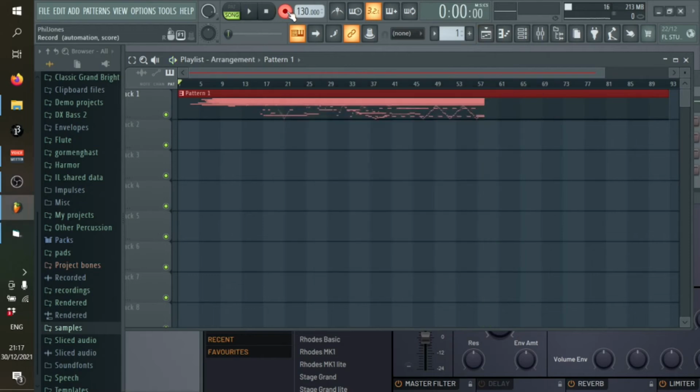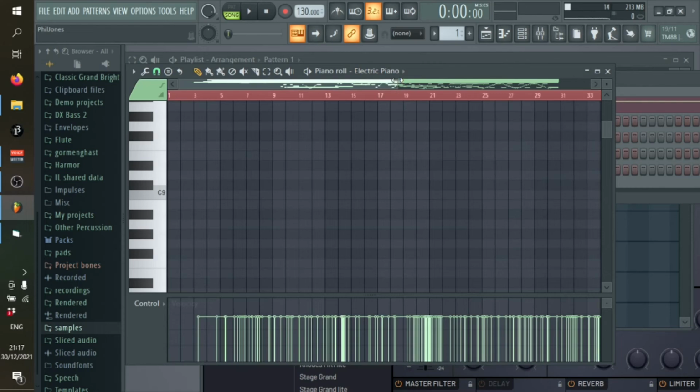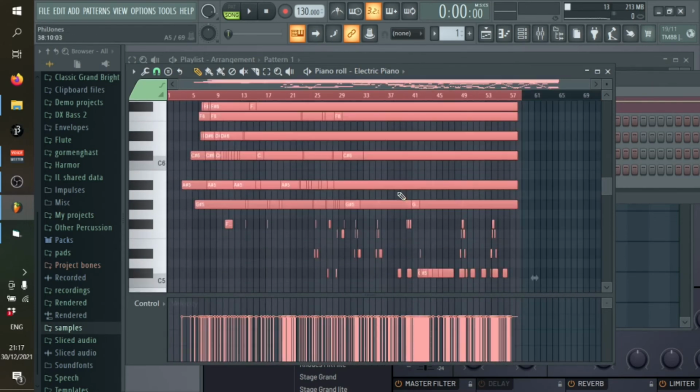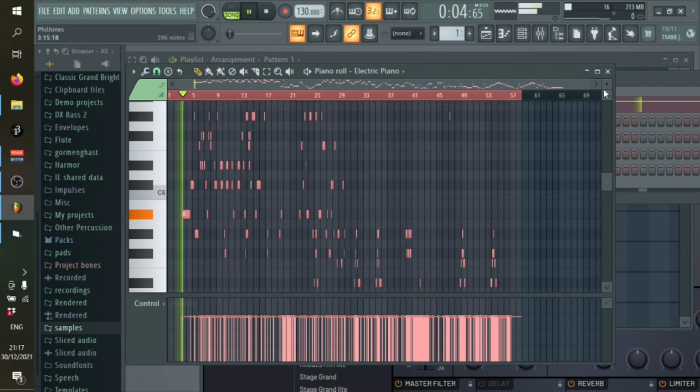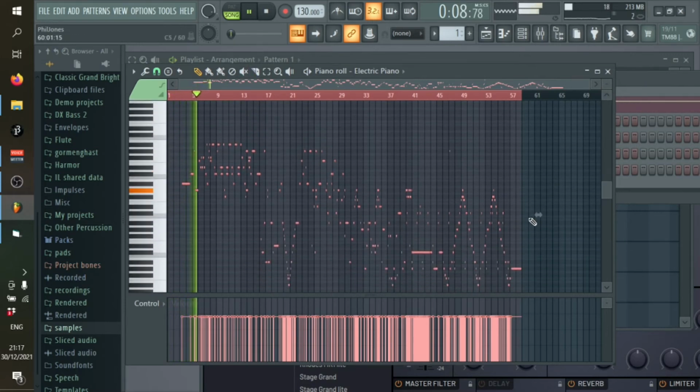So that gives us now some material. Now the problem is, again, there's no noteOff information in this. So what we can do is we set this here, and I believe it's Control L, shrinks it all to the kind of lowest. But we have captured that MIDI data, and obviously we can use it now